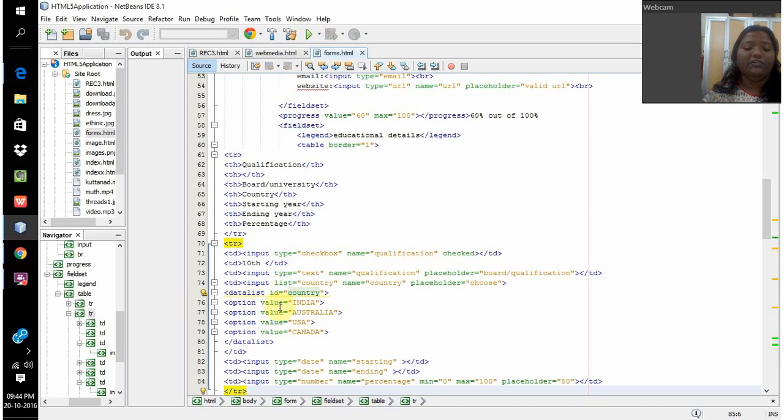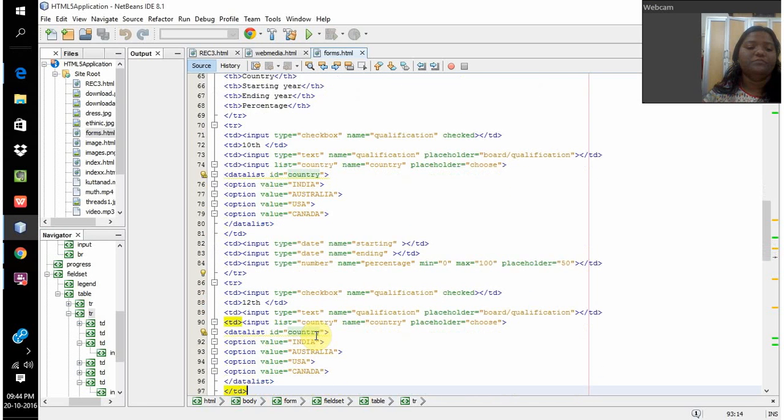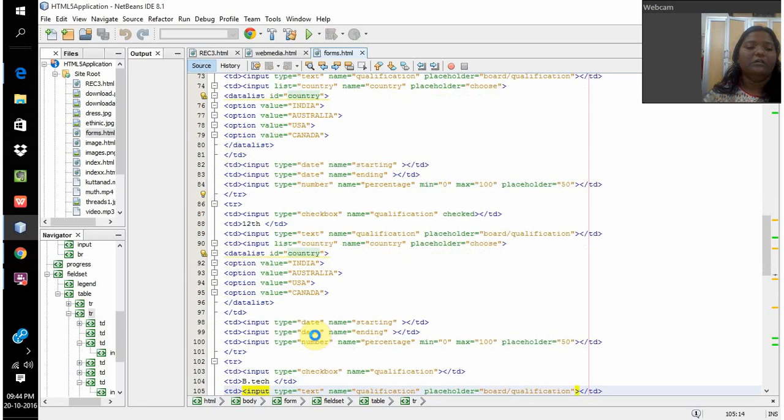Datalist of the country has to be given as India, Australia, USA or Canada. Then we close the datalist tag, then we close the table data tag, and then table data input type date, name starting, and similarly for the ending,